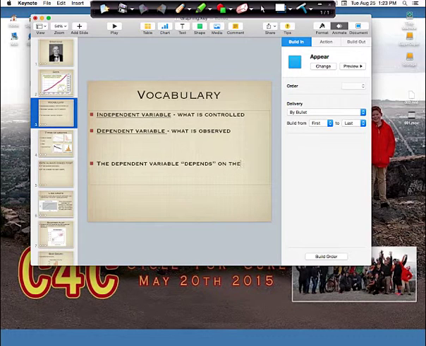Depends on the independent. I quit. I should just copy and paste. I can't even type now. I'm going to go home. Is that right? Independent. All right, I'm just going to click on it and do autocorrect. Good heavens. All right, there we go.